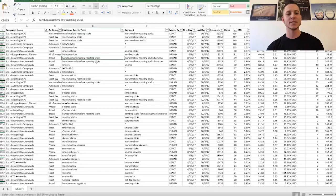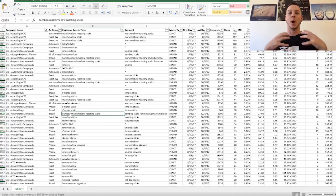But one indirect benefit of PPC that a lot of people don't mention is the fact that when you actually get a sale for a PPC term, so let's take this example. If we get a sale for bamboo marshmallow roasting sticks, right? So this is kind of a longer one, 4 words. Amazon is going to say, okay, a customer typed in bamboo marshmallow roasting sticks and then bought your product, right? And so when you get click-through rates and you get conversions for these keywords, you are getting organic rank for these keywords. So then maybe if 10 people type this in and click your PPC ad, all of a sudden